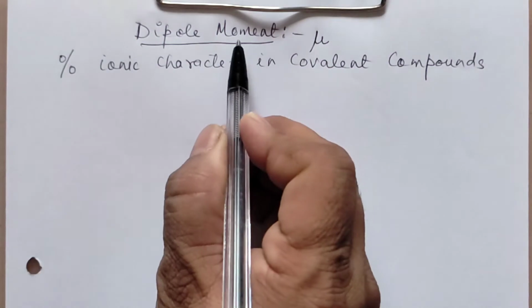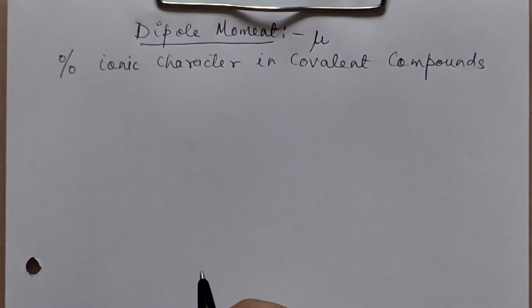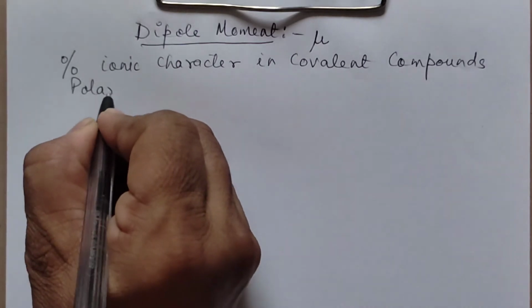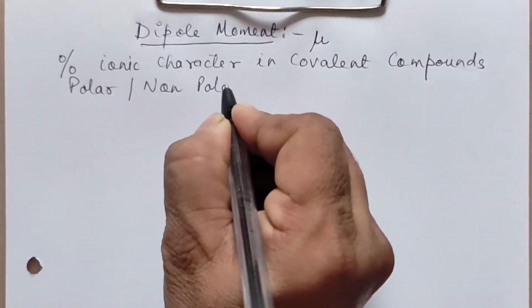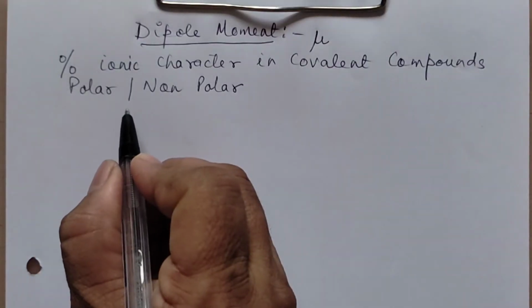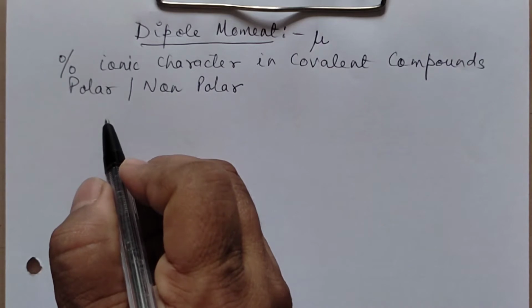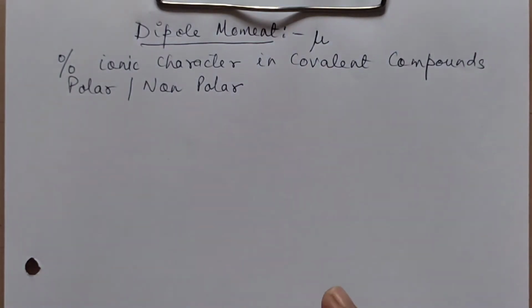First thing is, dipole moment we represent with the symbol mu, right? And where do we actually use it? In case we want to find out whether a molecule is polar or non-polar. By the name itself you can make out. Polar means poles, means electronegativity difference. So just by having electronegativity difference we cannot judge that a molecule will have a dipole moment. Then let us see how we are going to do it.